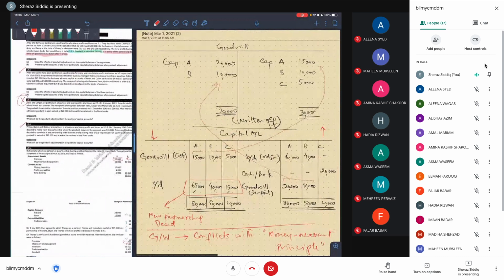So this is our today's class. अभी हमने structural changes में पहला structural change पढ़ रहे हैं, which is about admission of a partner. And the first formality involved is the value and treatment of goodwill. Then there is the second one that is going to be tomorrow, revaluation. उसके बाद फिर हम अगले structural changes पढ़ेंगे, retirement of partners, admission and retirement both happening at the same time. So this is a long chapter and we are going to go slow on that. And it's a very technical chapter as well. So don't worry, हम आहिस्ता आहिस्ता करेंगे एक एक question, one at a time, right?